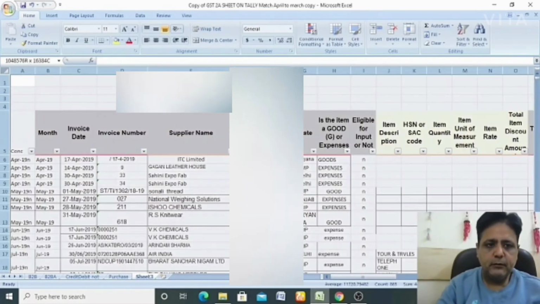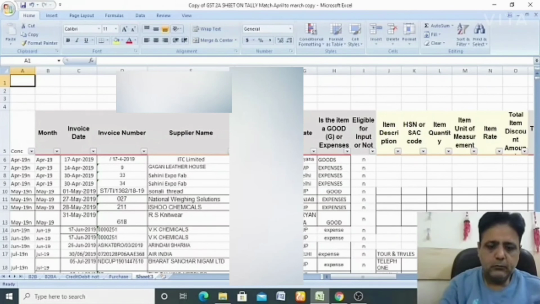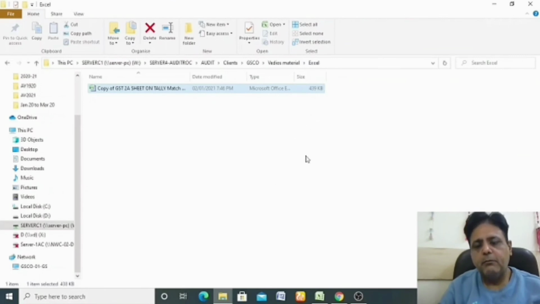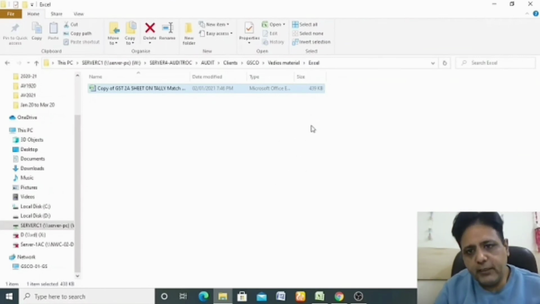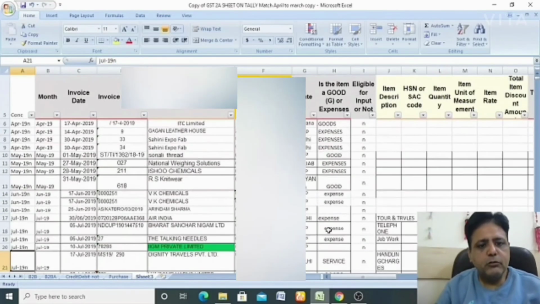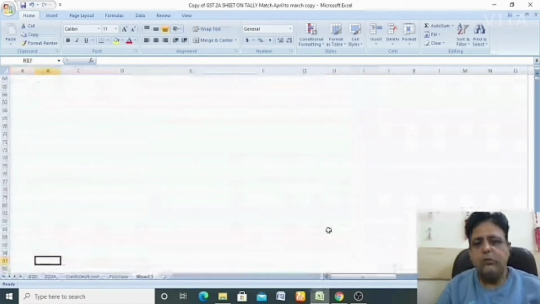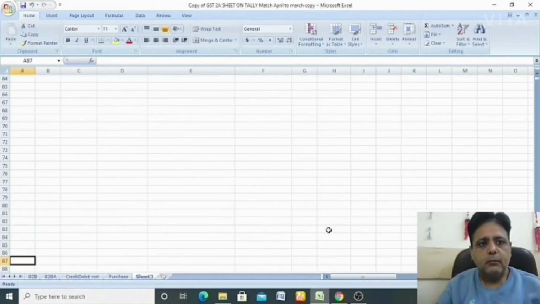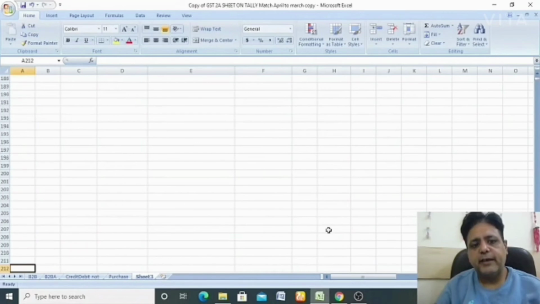Now if I save this, the size has become comparatively very small versus what it was. Now you will notice that there was no need for those rows below or those columns below, and we just increased the file size without knowing.